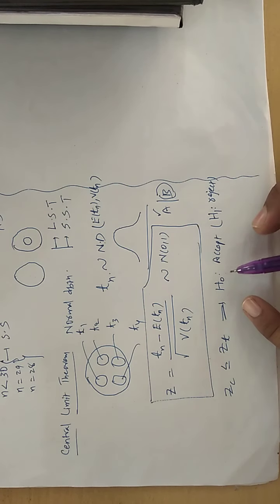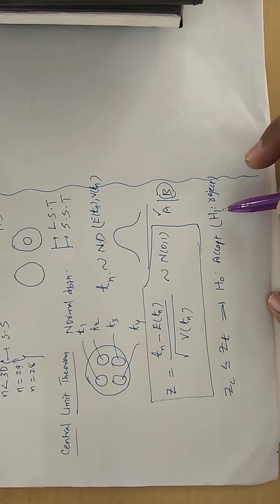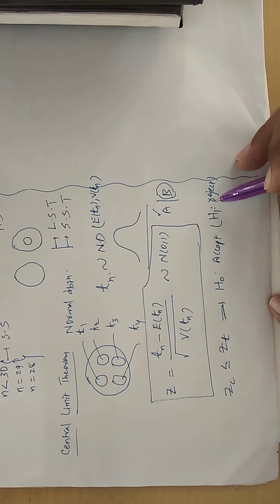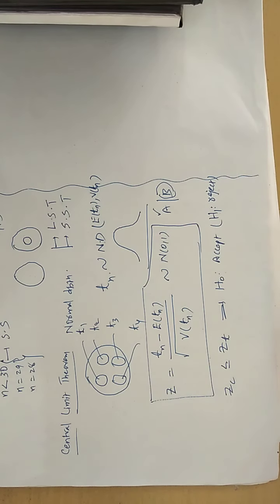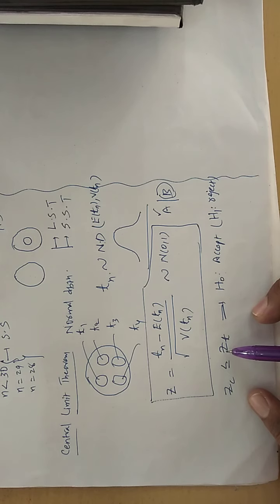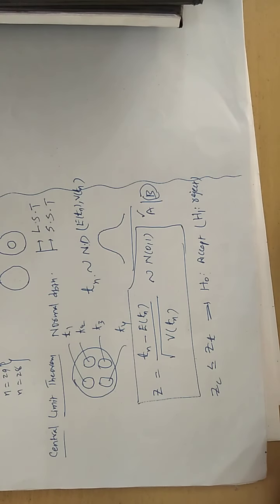Same here, when we are conducting testing of hypothesis, we focus only on the null hypothesis. We need not say anything exclusively about the alternative hypothesis. If you are accepting the null hypothesis, it means indirectly you are rejecting the alternative hypothesis. You can do this when the calculated value is less than or equal to the table value. Where do you get the table value? From the tables you are going to read out, or else there are standard table values. From there we get the table value.